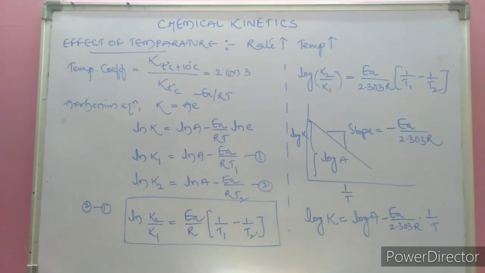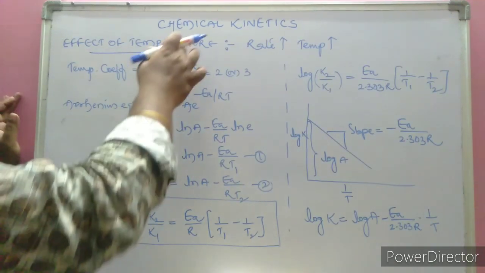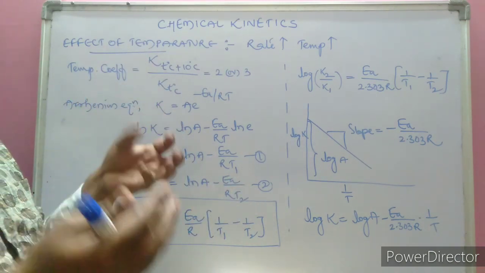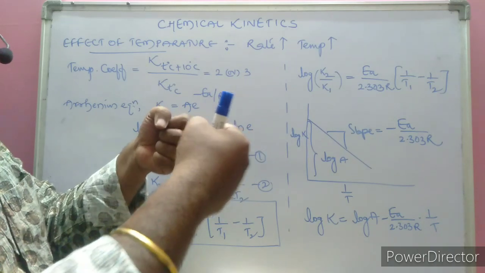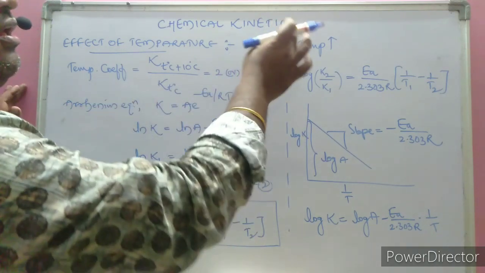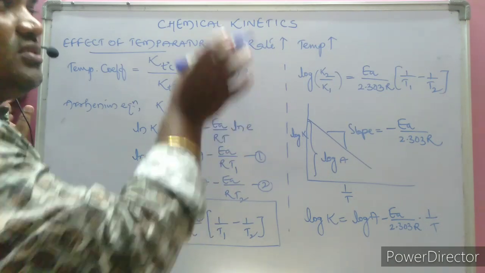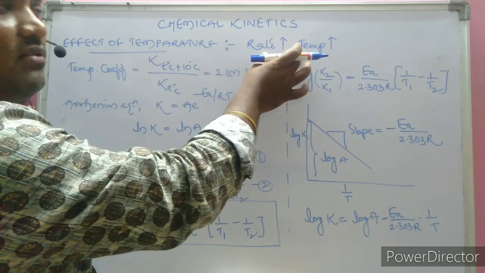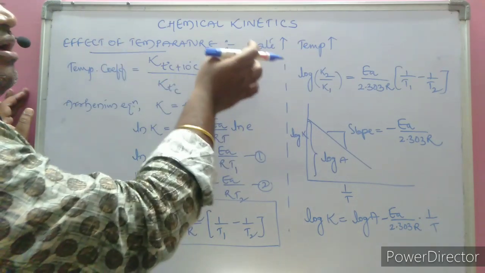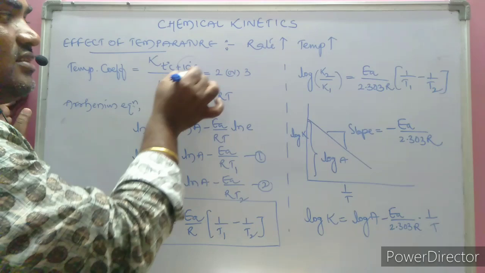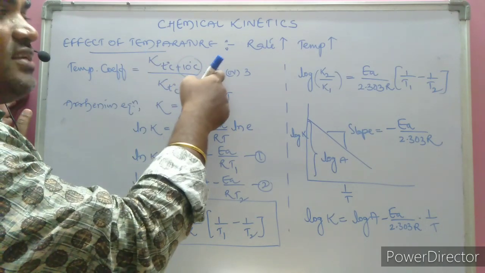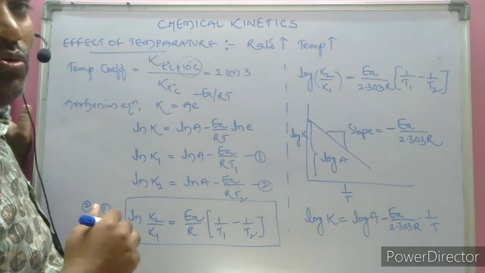Out of the four factors, the most important factor is the effect of temperature on the rate. We know well that by increasing the temperature, the number of binary collisions between the reactant molecules increases. As a result, those that reach the activation energy level or threshold energy barrier cross it and form product. Means, for every 10 degrees centigrade rise in temperature, the rate of a chemical reaction alters by twice or thrice, that we call the temperature coefficient.